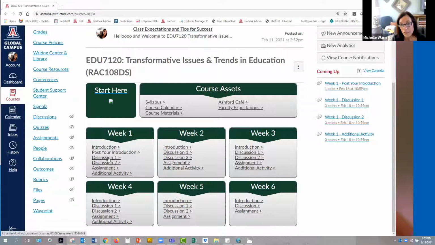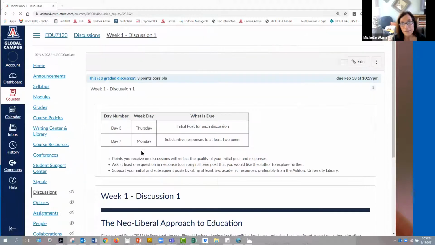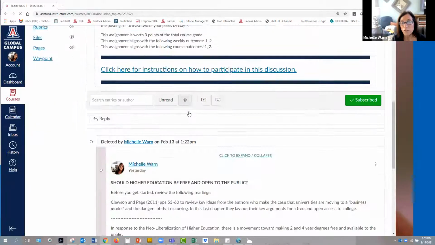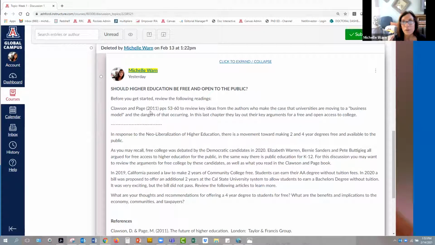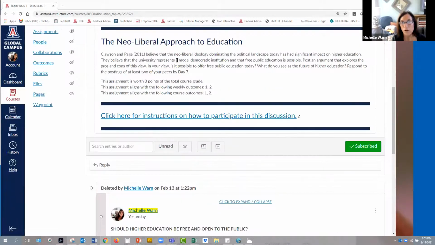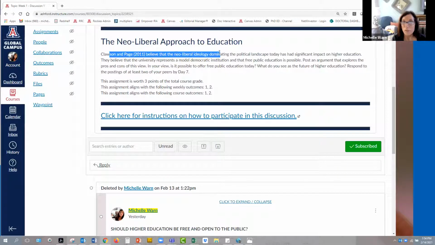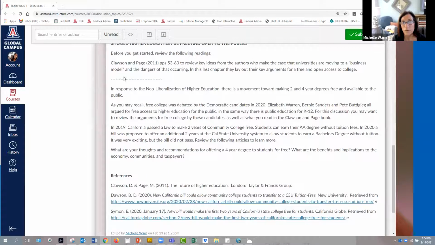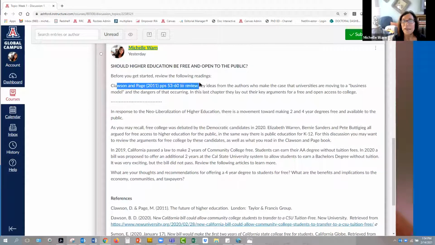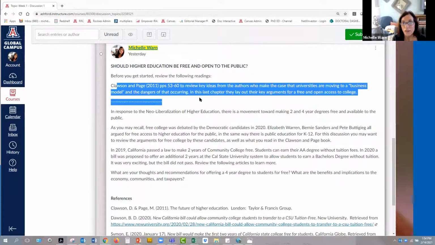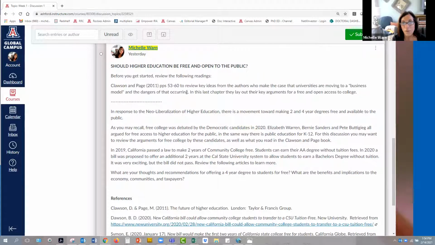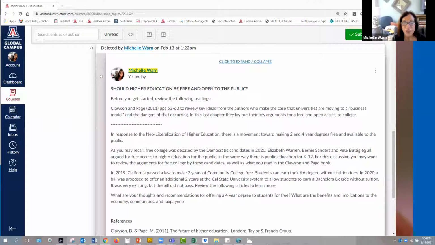So week 1, discussion 1. What I do in the discussion boards is post an overview, something to help you kick off each board. Because these boards do not say read certain page numbers, it just says read the whole book. There are 3 books in the course, and I don't expect you to read all 3 books thoroughly. Instead, I'm giving you page numbers to read that are specific to each assignment. So in the first board, higher education, the question is basically, should college be free?